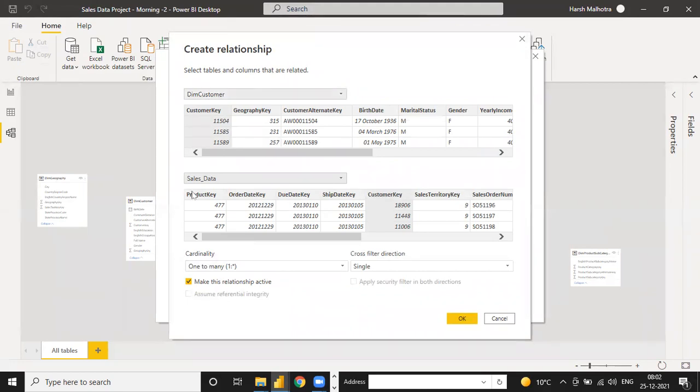Guys, you have to explain to me why it is one to many. You have to explain to me because a lot of times I'm explaining to you. In the last project also I explained it, so tell me now, what is one to many and how it is correct, whether it is correct or not. Tell me. This is your question. The dim table has only unique values, and the fact table has duplicate values. So you are connecting from dim to sales data. That's why it's one to many.